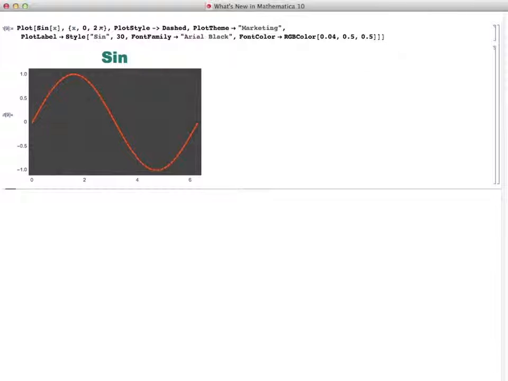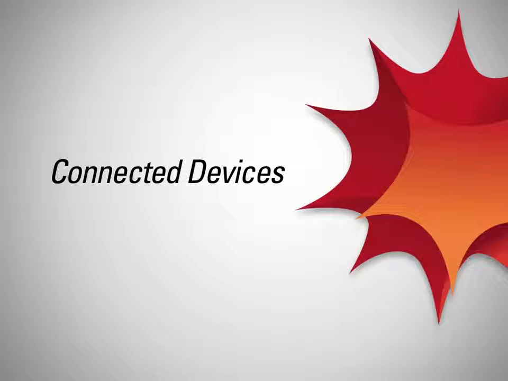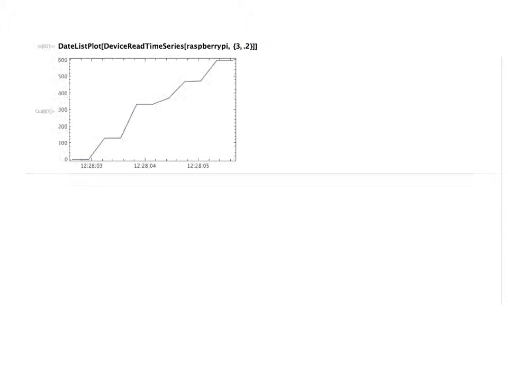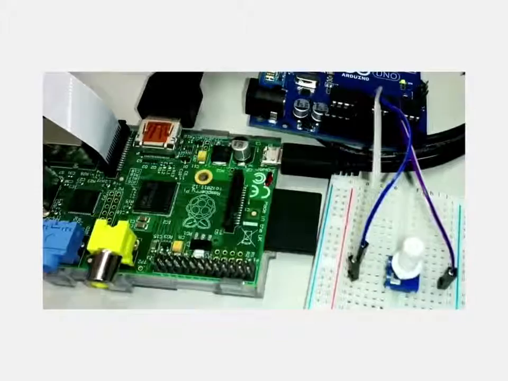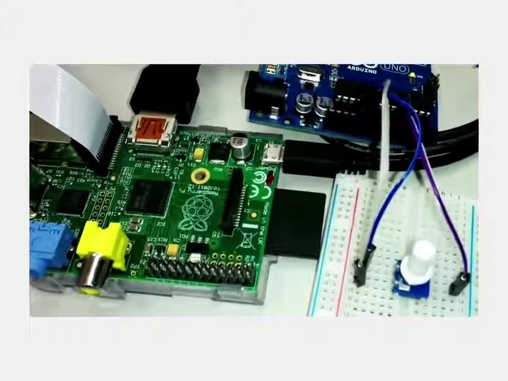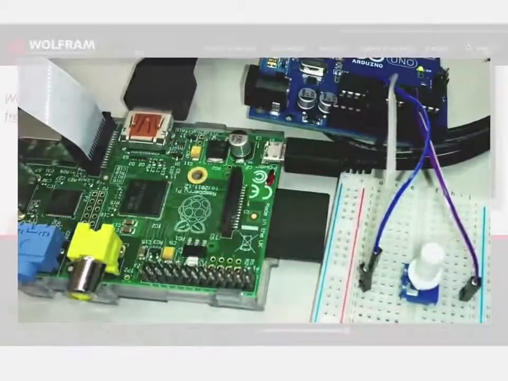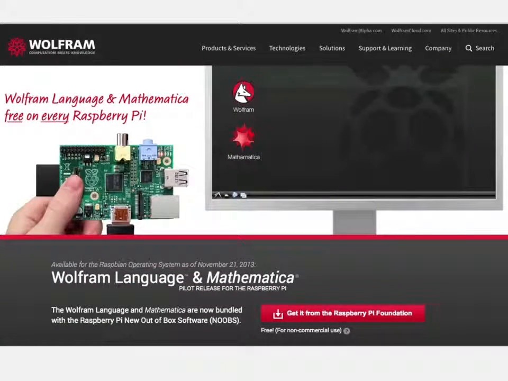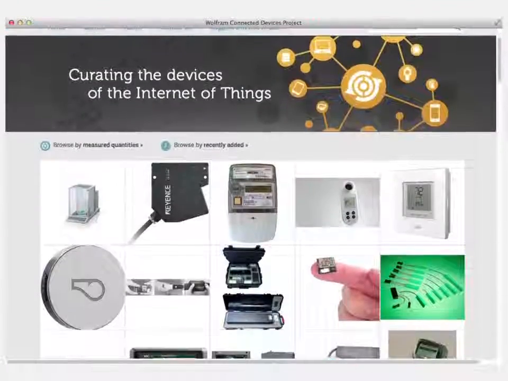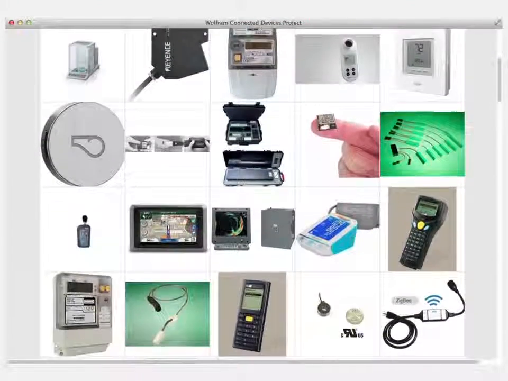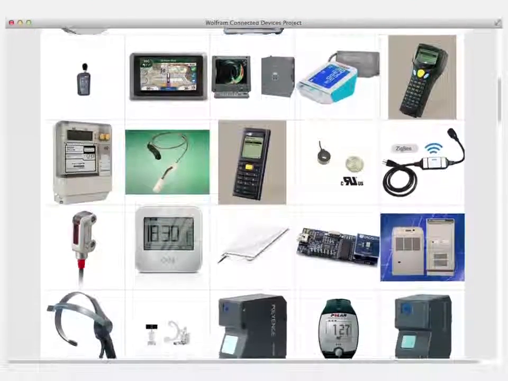But more important still are the new, easier ways to instantly deploy Mathematica-based solutions and to share them with others. I've talked already about the cloud deployment of apps and documents and APIs through the Wolfram Programming Cloud, but there's another important kind of deployment, and that is directly onto physical devices. The new generation of system-on-a-chip hardware makes it possible to run a full Mathematica on an autonomous device. Available now is a version of Mathematica for Raspberry Pi, and other platforms are in development. With new support for reading sensors and controlling devices, the Internet of Things just became the Internet of Smart Things.